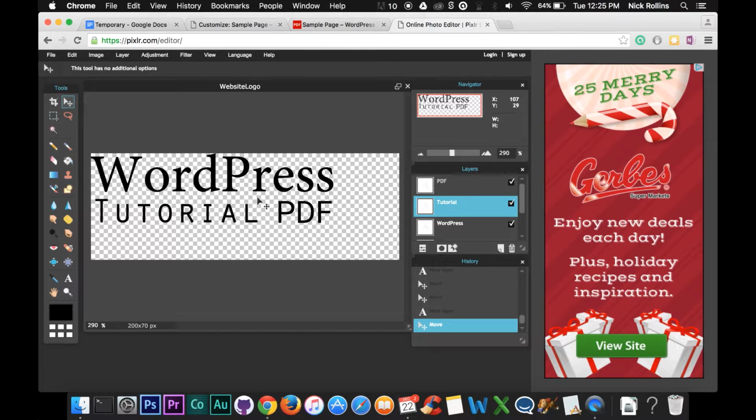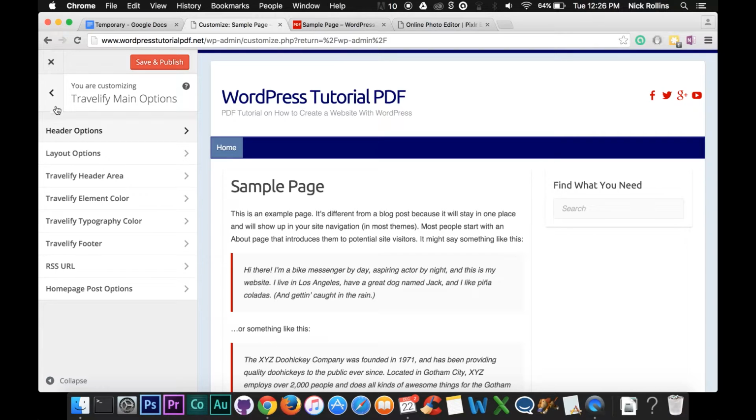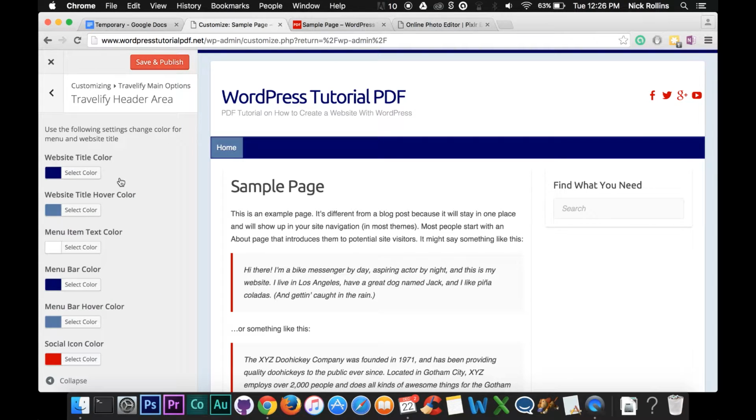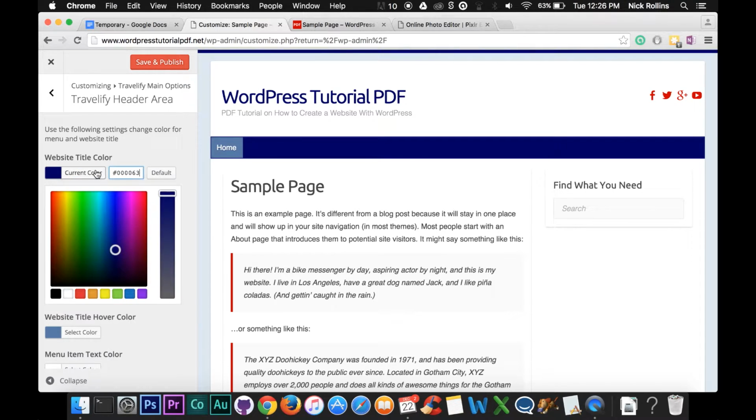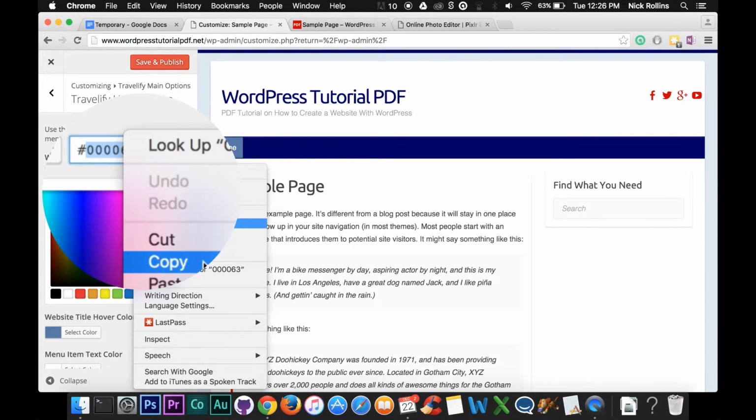So next part, I want to change the colors of this text. So if I go back up to my dashboard, should be on the customize area. We go back to the beginning, and under Travelify header area, this is where all your colors are that you're using on your website. I want to take this title color and keep that consistent. So I'll copy the color code here